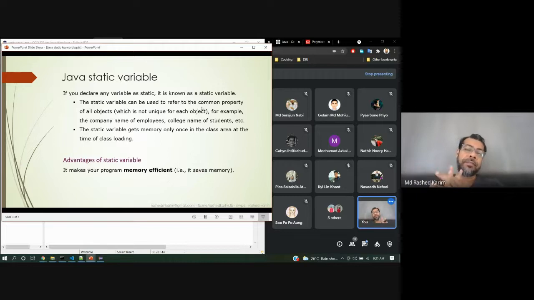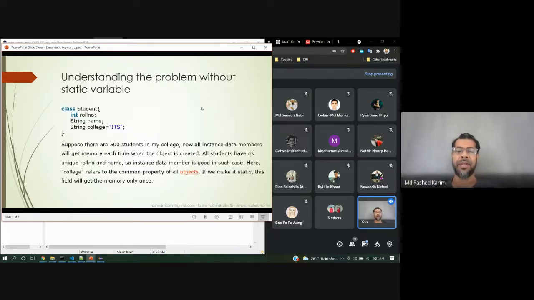But the static variable is in a common place, so you can change it once and everyone will share. So the advantage of a static variable is that it makes a program memory efficient. It saves memory.